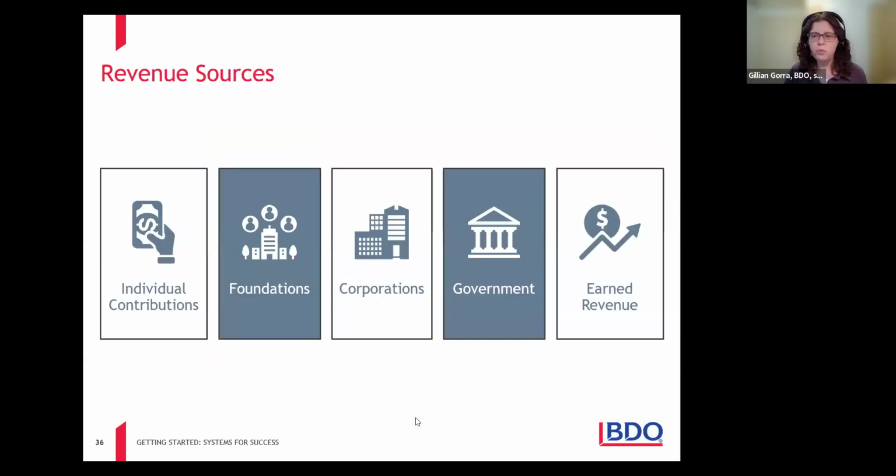Let's spend a few minutes on revenue and then we'll wrap up. I actually want to even backtrack a little bit to say when you're budgeting, ideally you're starting with your expenses. And I'll tell you why. I would rather see organizations say, what is it we want to do next year? Let's build the plan for that. Let's cost it out. What's it going to cost us? Then you come and say, all right, what are our revenue opportunities? What's our pipeline? We put it together and we see where there's a gap, and that helps inform our fundraising